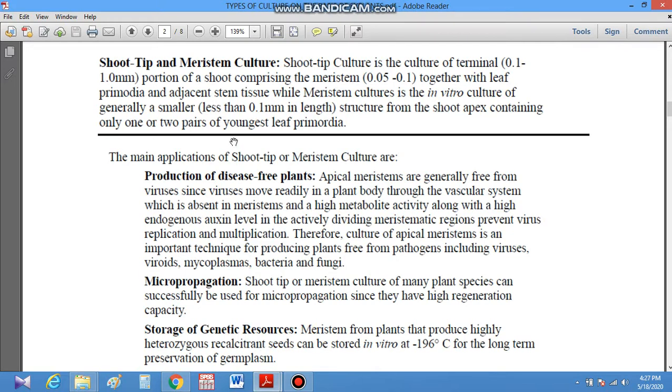First is meristematic culture, or shoot tip culture, as meristematic tissues are present at the shoot tips. Meristematic culture refers to the regeneration of a whole plant from tissues of an actively dividing plant part such as stem tip, root tip or axillary bud, wherever the meristematic tissue is present. Generally, shoot apical meristem is used for regeneration. This technique is used basically for vegetatively propagated crops such as sugarcane, potato, banana and several fruit trees and timber species. It is feasible there.